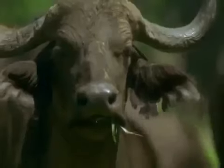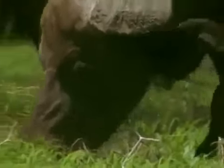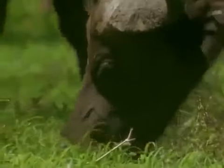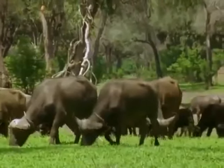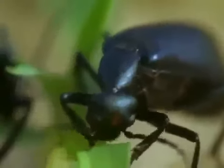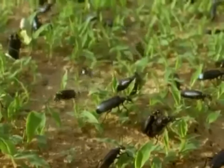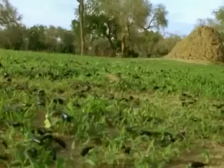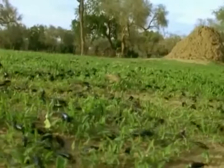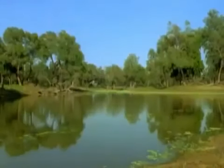During the rains, herds of buffalo migrate into Mana for the good grazing. For a time, the tender leaves seem to be on everyone's menu. Even insects, like these beetles, join in the feast. But there are more exotic things to eat in Mana's secluded pools. Water